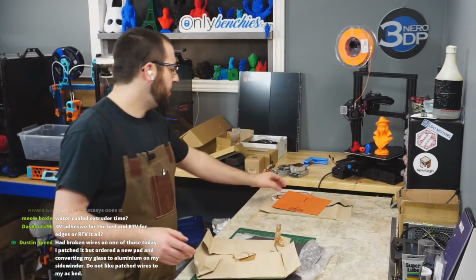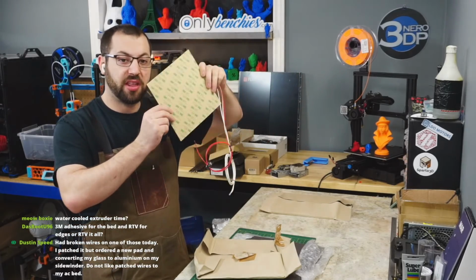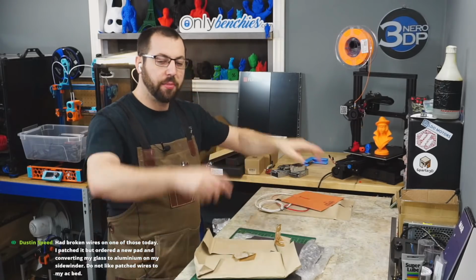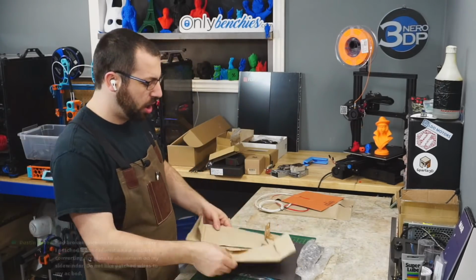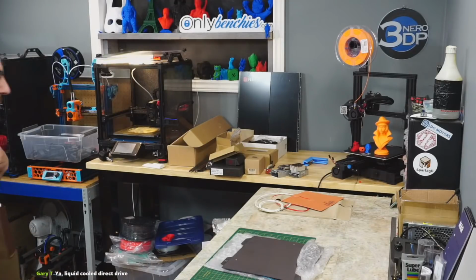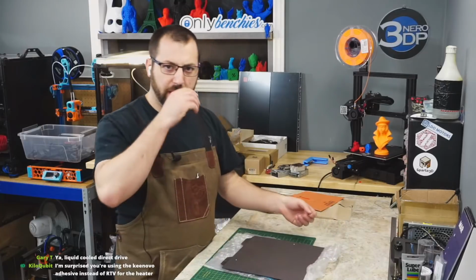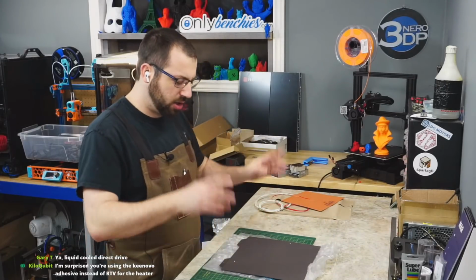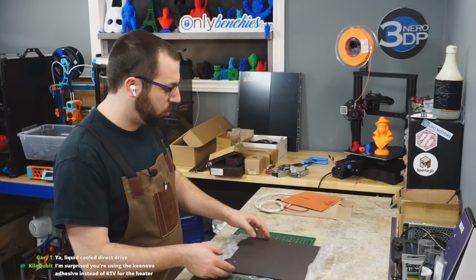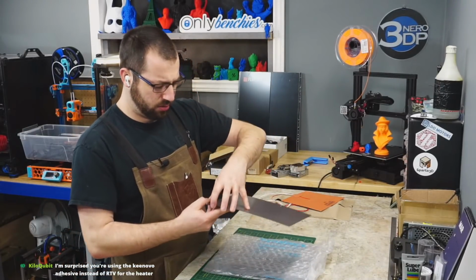Yeah, so what I'll be doing for the heater is using the 468MP to attach it to the plate itself, and then I'm going to RTV the outside. I'm not going to RTV the whole thing down. I don't think any of the plastics I'll be printing will be pushing the temperatures high enough that that'll fail. And if I am pushing it close, I'm hoping the RTV will help. If it does fail, I'll just peel it off and put a proper one on. And then for the bed, we have...